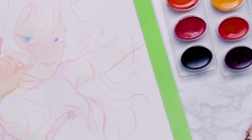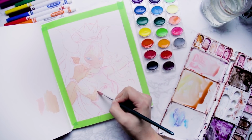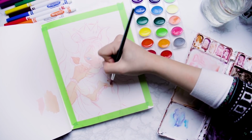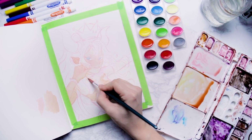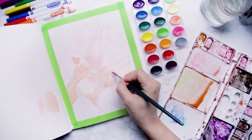And I just continued on with the skin. Honestly, there's nothing crazy to say about this part. The Crayola was working surprisingly well. No serious issues. All the issues were brought on by me and my inability to wait 5 seconds for watercolor